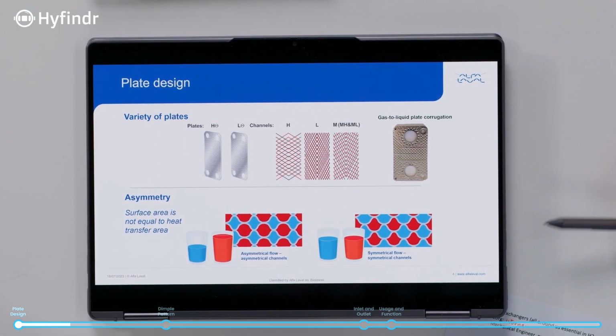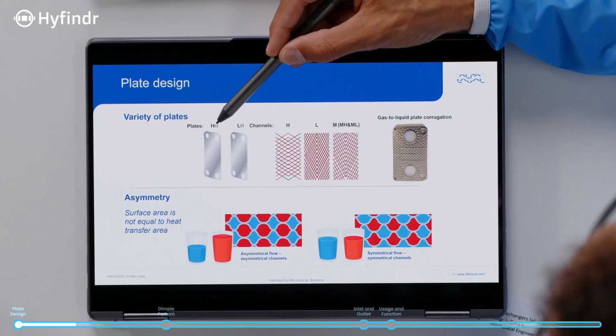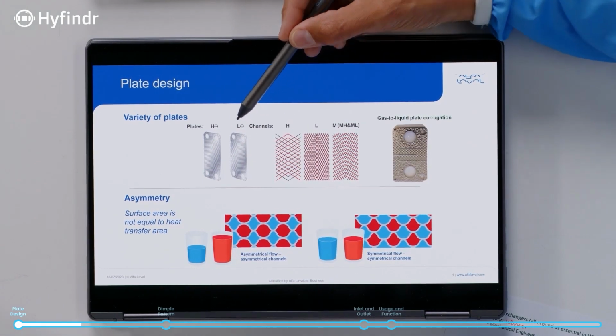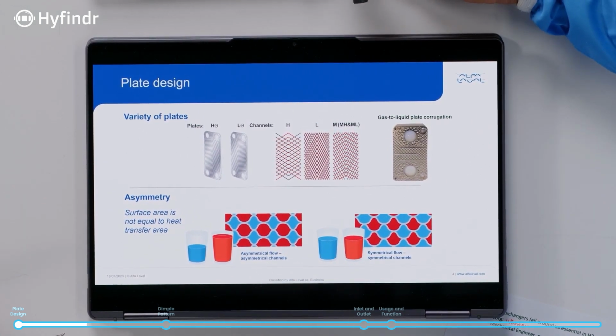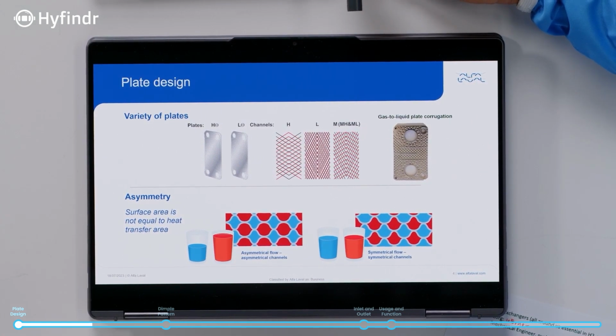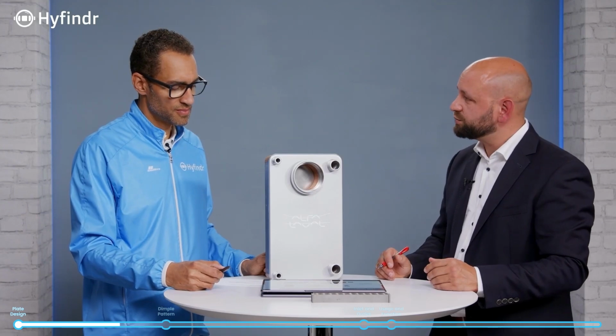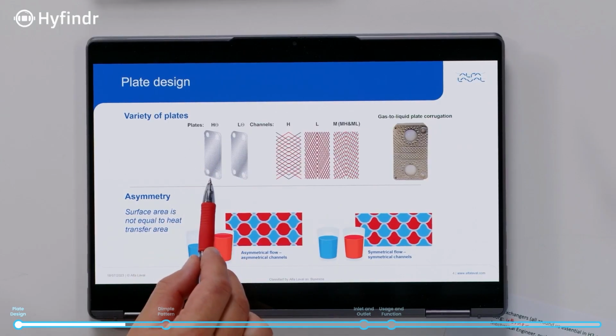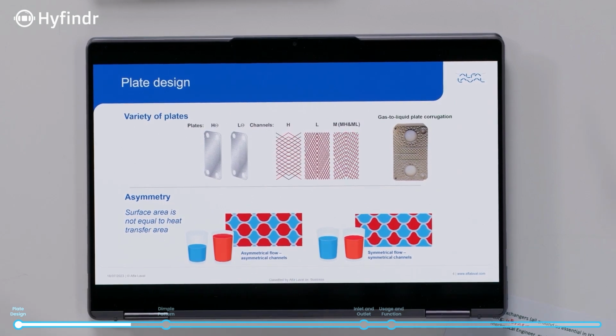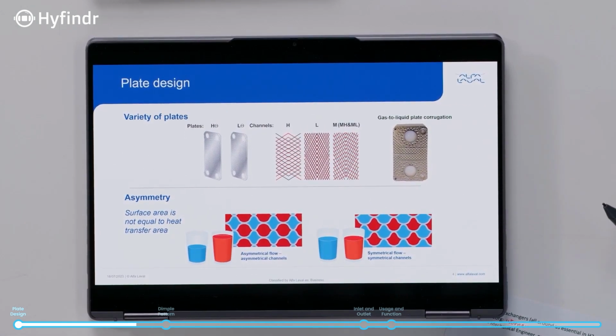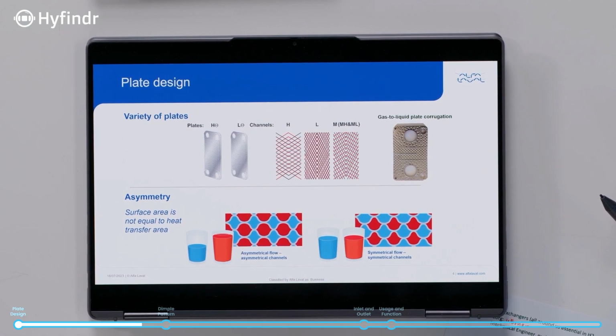What does theta mean here? I know it's a Greek letter, but what is high theta, low theta? High theta and low theta means high efficiency and low efficiency, and efficiency always goes along with pressure drop. You can have high efficiency and a higher pressure drop, or a little lower efficiency but also a lower pressure drop. So depending on the process demand, we can adjust by either having one sort of plates, or mixing the plates with each other. Then we form different channels, and those different channels are suitable for different process applications and process needs.